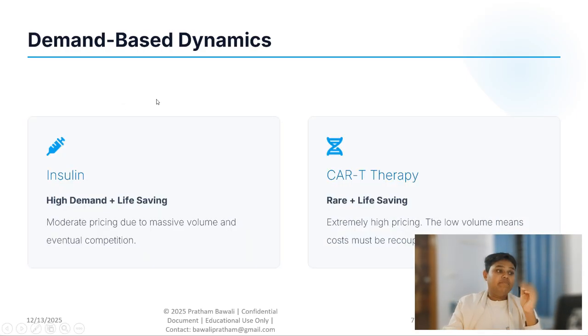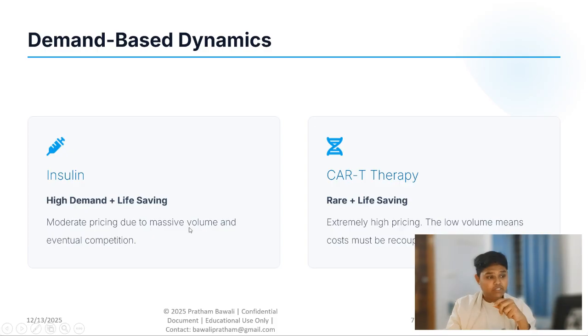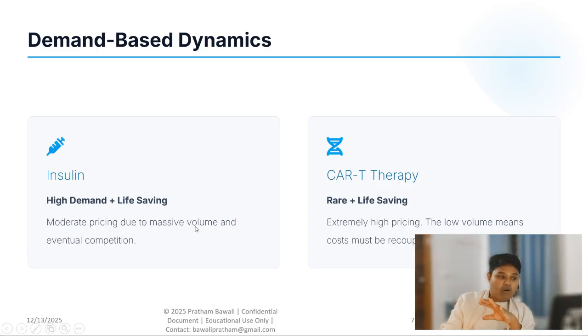Then demand based dynamics: insulin, CAR T therapy. In insulin, demand is high plus life saving, so moderate pricing due to massive volumes and eventually competition. CAR T therapy is rare plus life saving, so extremely high pricing. The low volume means cost must be recouped from fewer patients only. So the patient level is few. That's the reason it has a high value and the time is more and it is very rare. So that's the reason CAR T therapy is very